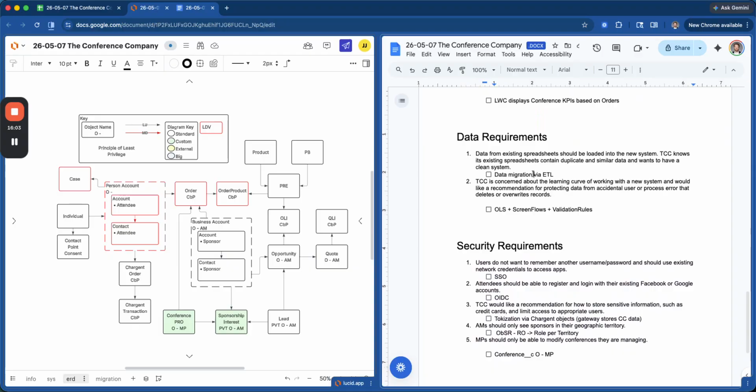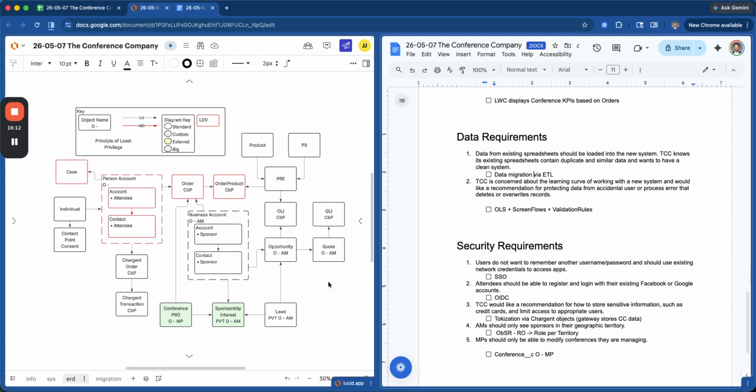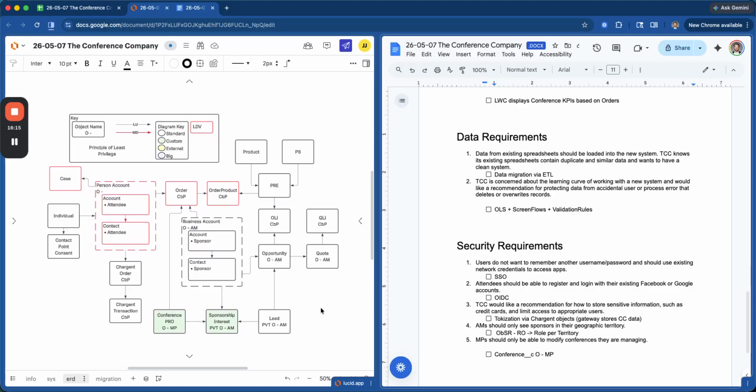Data requirements here: since they are surprisingly using spreadsheets for tracking all of this, we will migrate the data from the spreadsheets into Salesforce. The data steward will, of course, need to use an SFTP for this. This will be facilitated within Informatica, which will load the CSV data into a staging table. The data steward will then be responsible for mapping the columns and rows from the Excel tables to the target schema, and then migrating those into the solution itself.